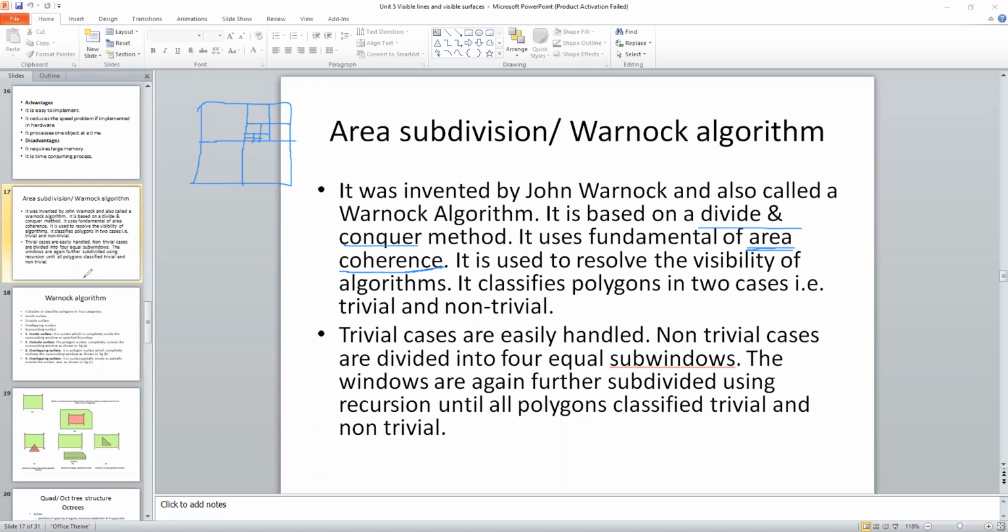In this area subdivision algorithm, we are going to find out whether we have reached the trivial case or non-trivial case. If the trivial case is reached, no further subdivision is required. But if it is a non-trivial case, then again we subdivide the screen into 4 parts. The windows are further subdivided using recursion until all polygons are classified as trivial. Trivial means they should be non-overlapping. For example,